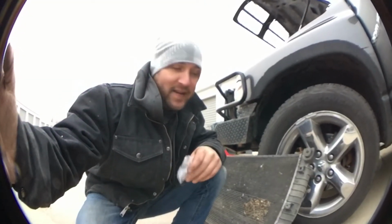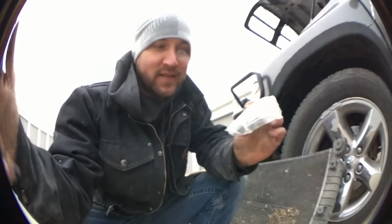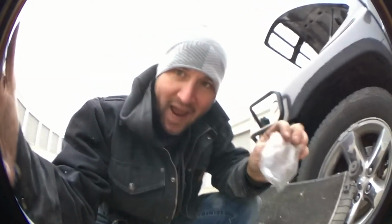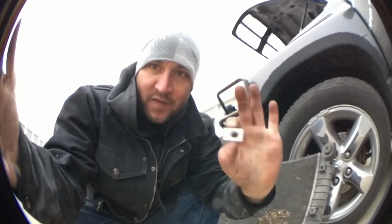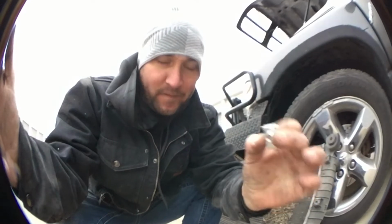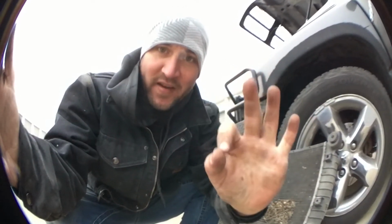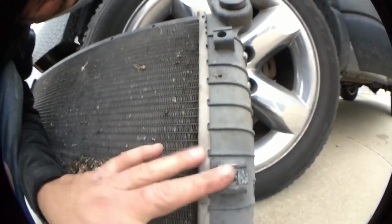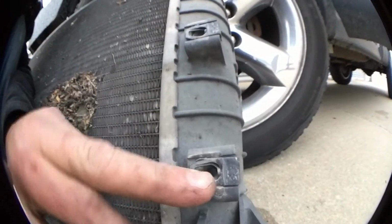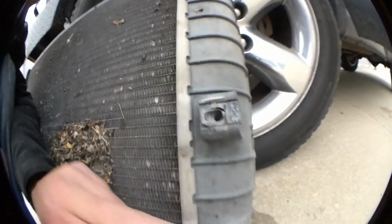All right, I'm back. Had a few setbacks. When you get a new radiator, it's gonna come with this bag right here, okay? This bag are these clips that I was talking about. All right, these are junk. You might as well throw them in the trash can because they don't work, because they're too big for your little screws. All right, what you're gonna have to do is you're gonna have to take these off right here. You see that? You're gonna have to take them off your existing radiator and put them on, because if you don't,